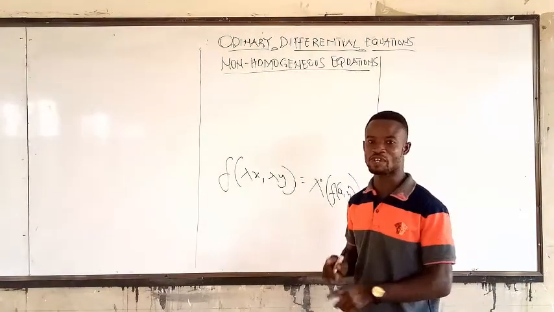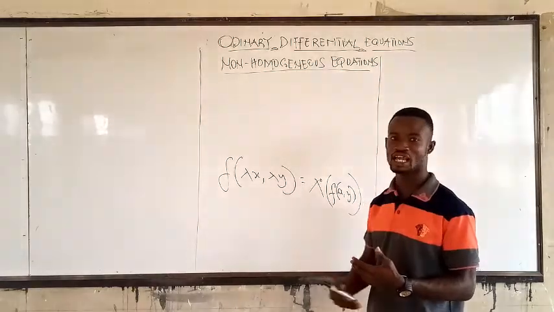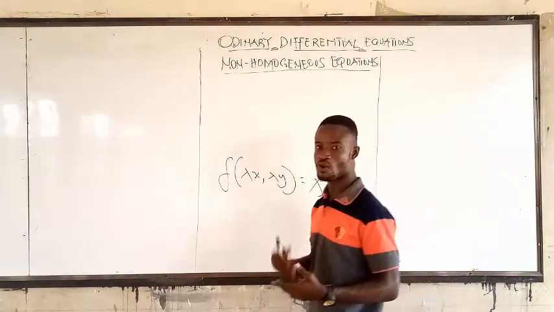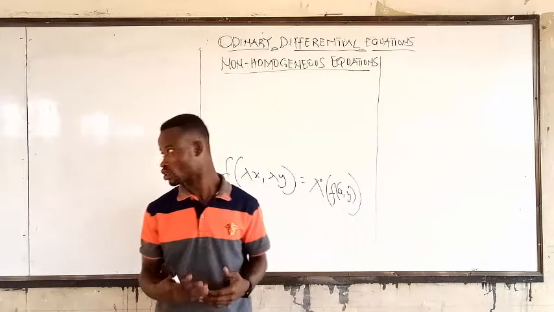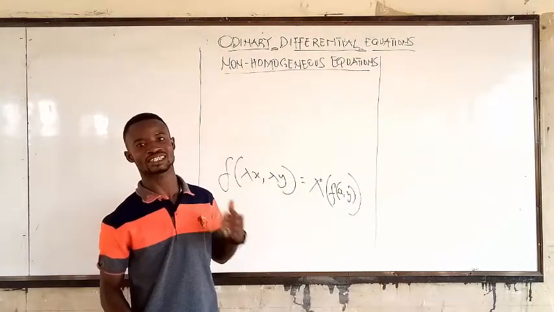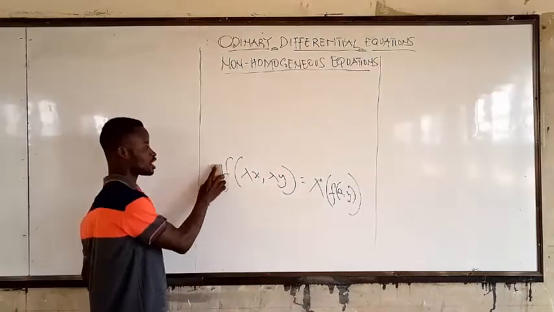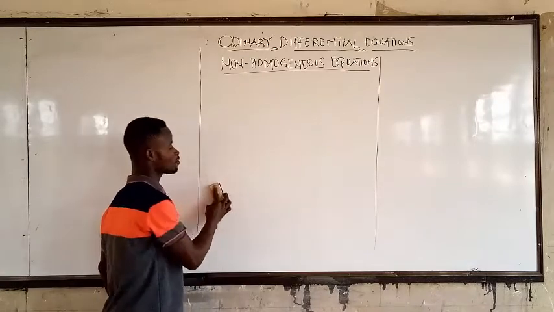Then we check if it's homogeneous. We have already seen how to verify whether it's homogeneous or not. Now that we are done with that, we are coming to the third technique, or the third method, in solving a differential equation, and that is